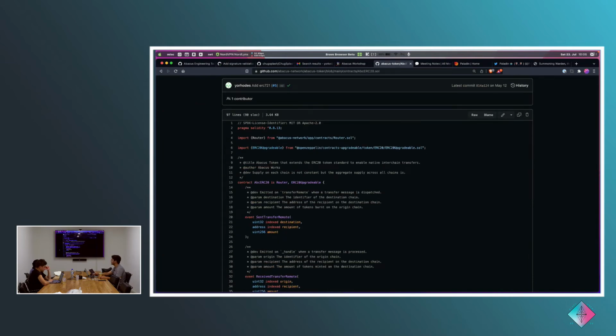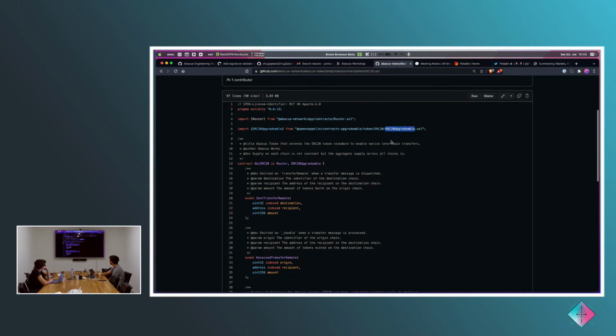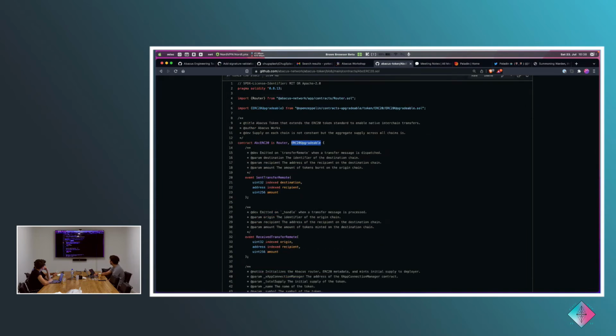Hopefully this will be illustrative of how simple it is to extend your application to be Abacus compatible, because all we're doing here is consuming the readily available OpenZeppelin libraries for canonical implementations of tokens. So in this case, we're using the OpenZeppelin ERC20, and the only additional function endpoint that we have here